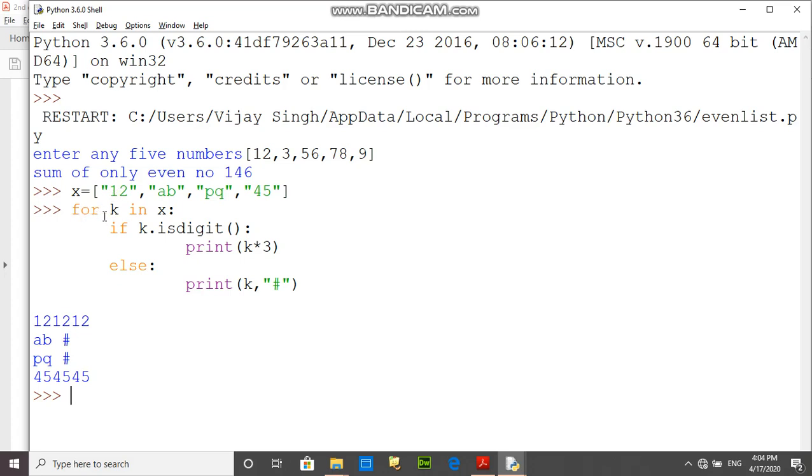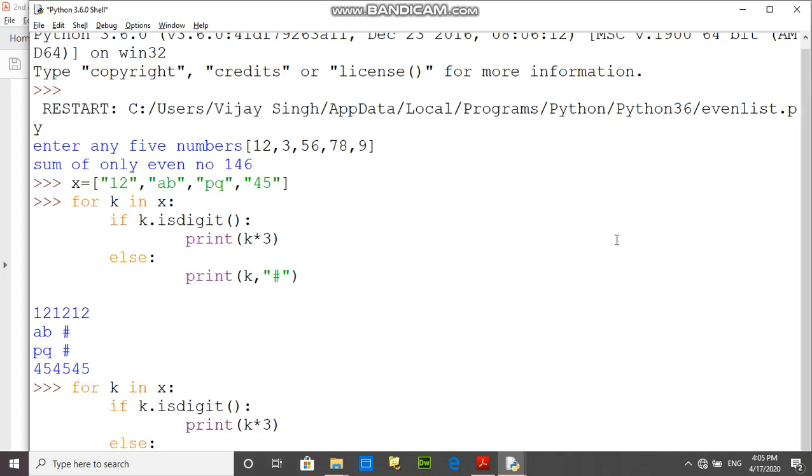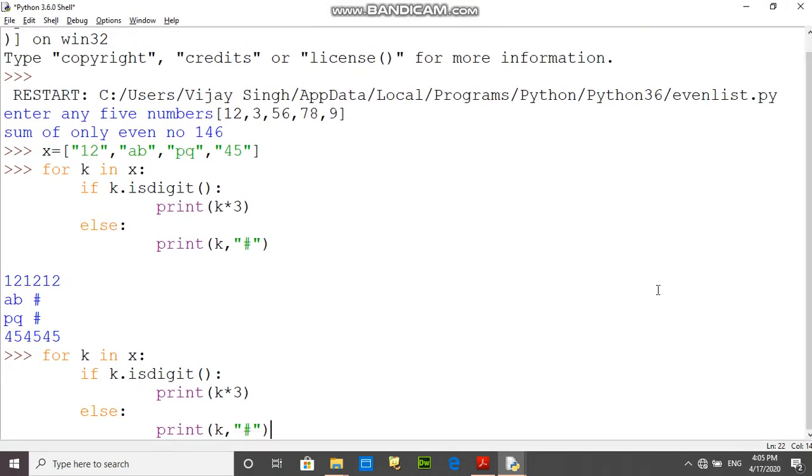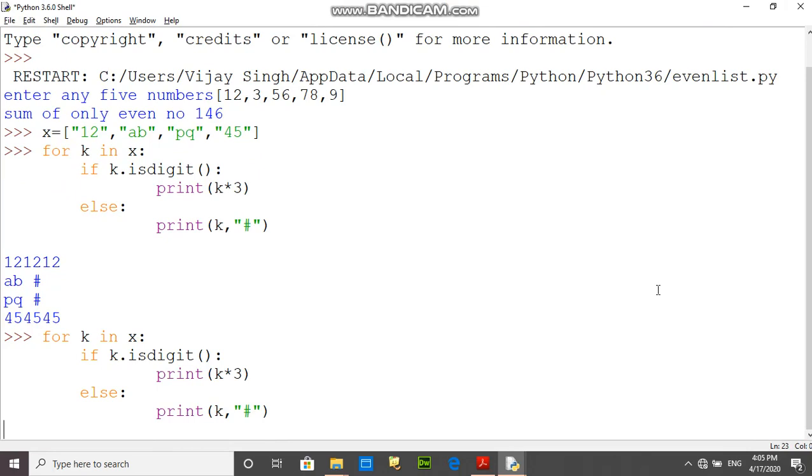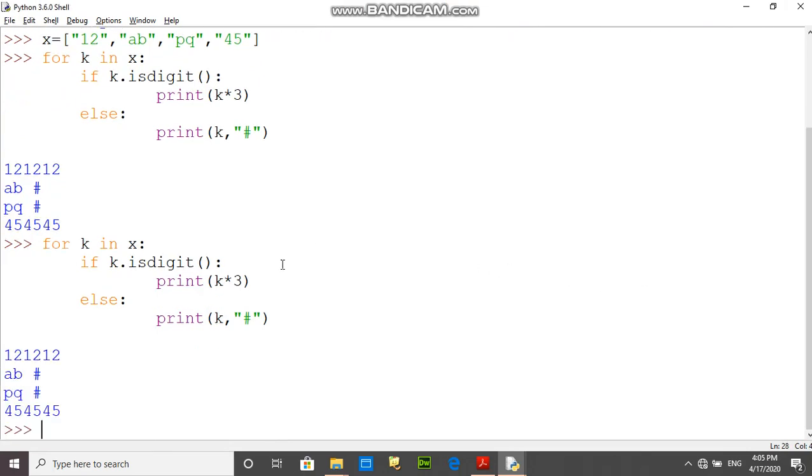So we have to write for k in x, and check each and every element of x, and if that value is a digit, then we have to multiply by 3, meaning replicate 3 times, otherwise we have to print the string terminated with the hash. Again, I am running this program. This is the correct output.